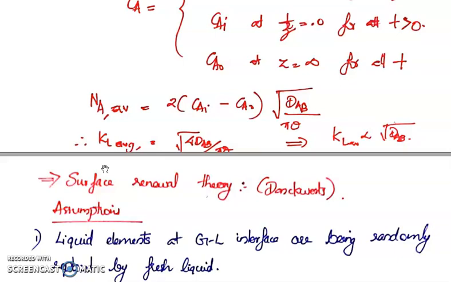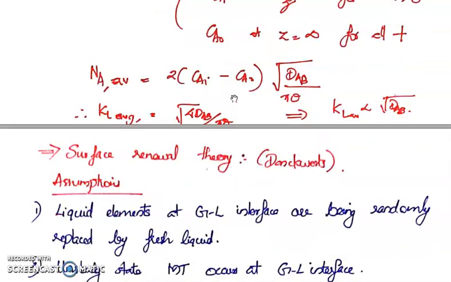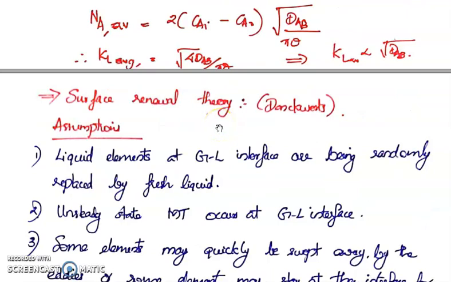So in the case of a mass transfer of a solid into the liquid, you will have to use the film theory. If it is the transfer of gas molecules which are bubbled into a liquid, then you will have to use penetration theory. Even the penetration theory has a lot of drawbacks. So to overcome these drawbacks, there is another theory known as surface renewal theory put forward by Danckwerts. This also has a few assumptions which are used to overcome the limitations.